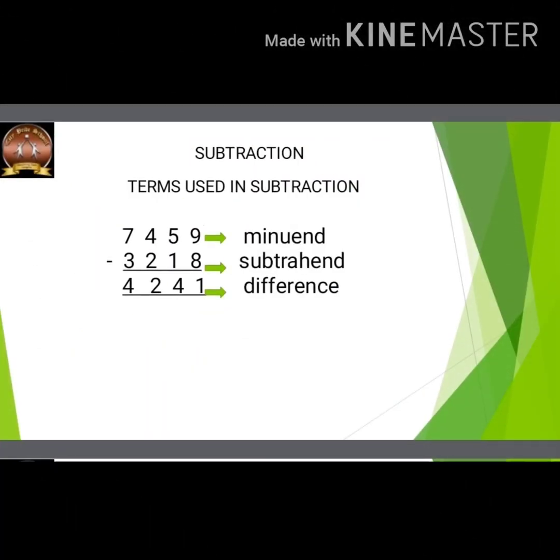Now children, we will take an example of a subtraction sum. You can see that the number placed at the top is known as minuend and the number placed below that is known as subtrahend. When I subtract minuend and subtrahend, or in a mathematical language, when we subtract subtrahend from minuend, we get difference. So here this is an example showing us a subtraction along with the respective names. I hope you have recollected the names.